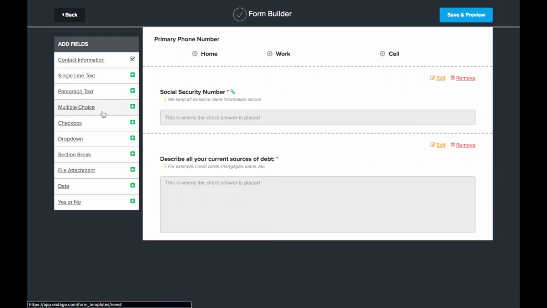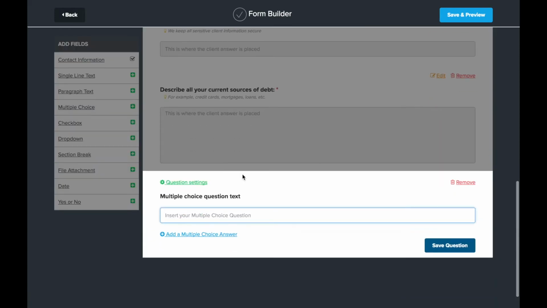Multiple choice. So multiple choice are nice for a few different reasons. Mainly, it's nice to control the inputs you get from a particular question. So these are great when there's a particular answer that you're looking for, and there's a defined list of answer options to choose from. So maybe we'll just say, are your debts related to a business or to yourself,